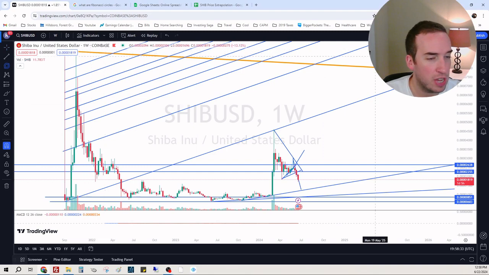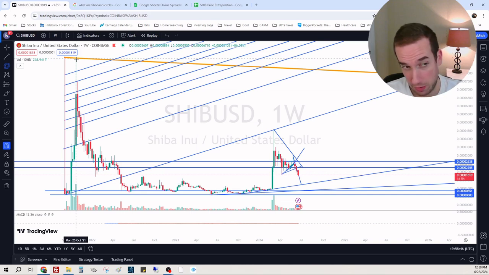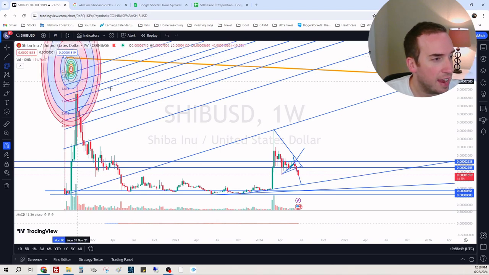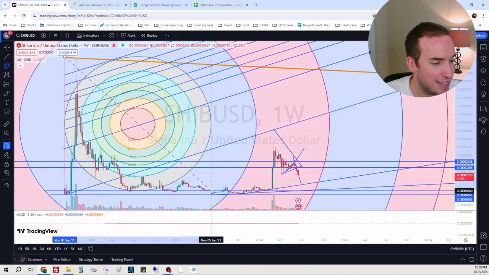Okay, so we're on Fib circles, and we're going to go to our all-time high, which is, if we look here, our high here was 0.0009. This high was 0.0003 zeros and an 88. So we're going to go to the very tip top right here. And we're going to go to our lowest of the low, which is this candle right here. And the low is